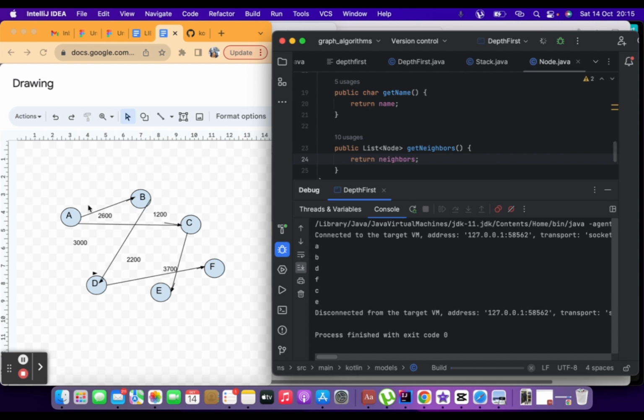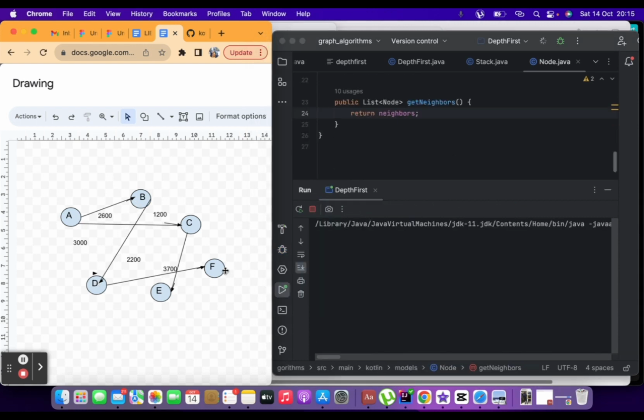We've gone from A, then to B, then to D, and then to F, and then from F we went to C, and then to E. Remember in our recursive method, we also add C, but since the method uses a stack inside, it had to pull out the last neighbor to be added, which was